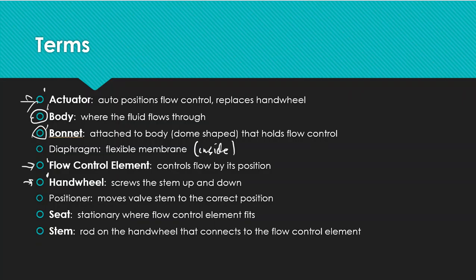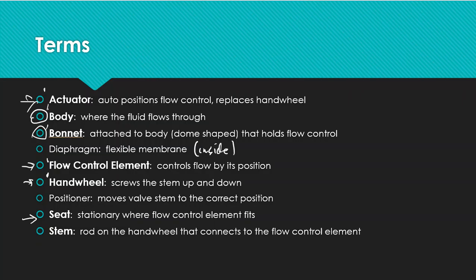Where is it located? How far down? How far up? How far turned? That is a positioner. Next up is a seat, another bolded term, and it's stationary where the flow control element